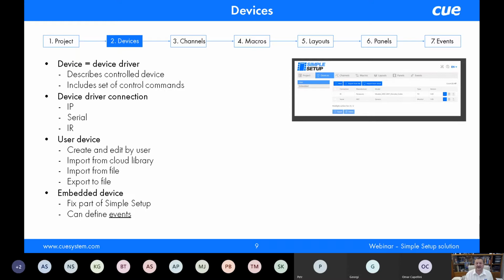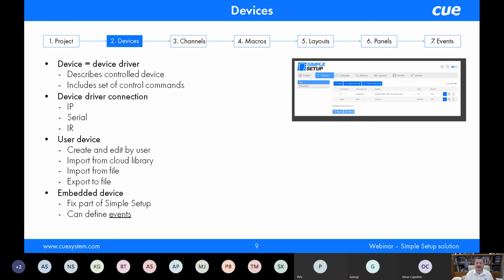It is technically a description of a control device, and this driver has inside some set of control commands helping you to control the device. These drivers can be prepared for different connections, so you can use them for IP, for serial ports, for infrared ports,